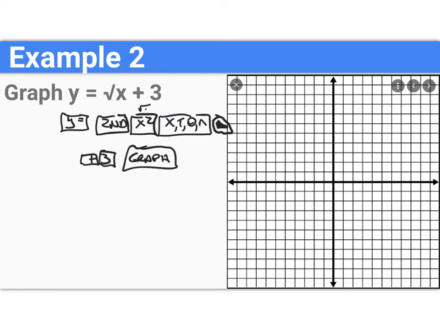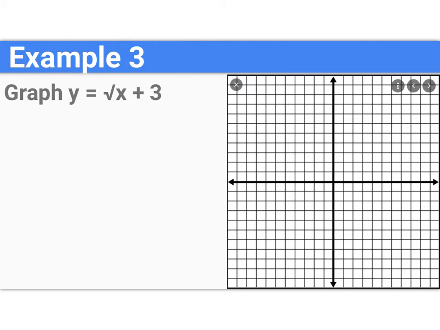And this gave me, it starts at 3. 1, 2, 3. And then I have a square root function that looks like that. So when you're adding outside of the x, it's just going to shift the start of the graph up or down. And you'll see that when we have something added to the x directly, it shifts it left or right. And this one is supposed to be the square root of x plus 3, all under the square root. And when we go ahead and graph that,